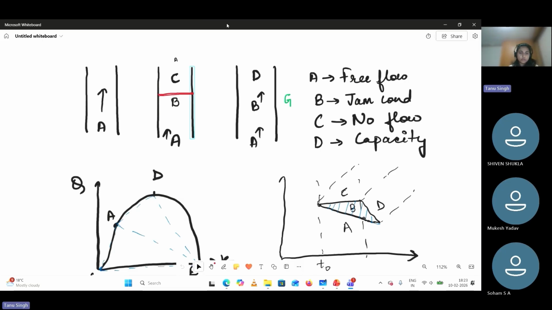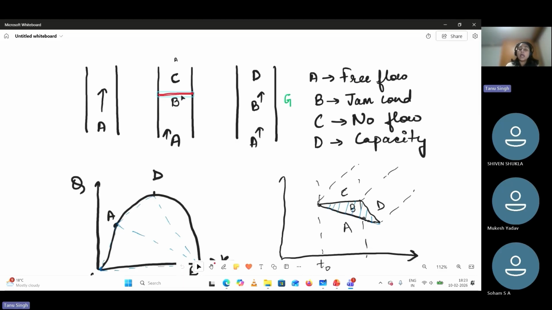We are taking a condition, for example, there is a road, and all the vehicles are moving at free flow speed. That condition we take as A. Then, for example, there comes a traffic signal which turns red. Whenever the traffic signal turns red, the vehicles are coming to the intersection at free flow condition, but when they reach near the traffic signal, they are in traffic state B,